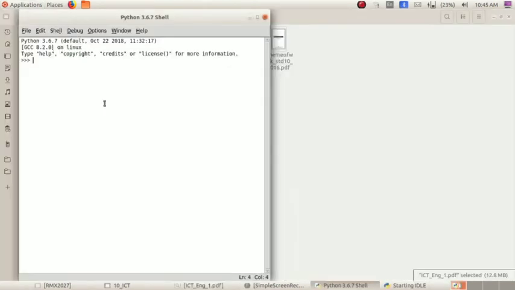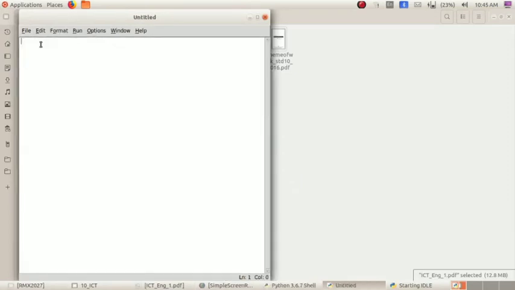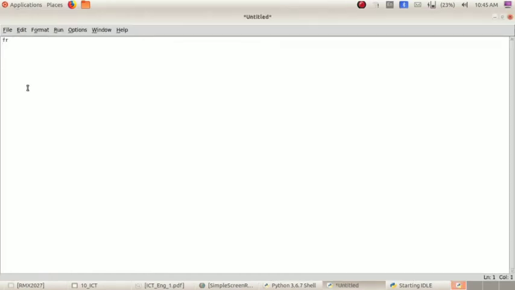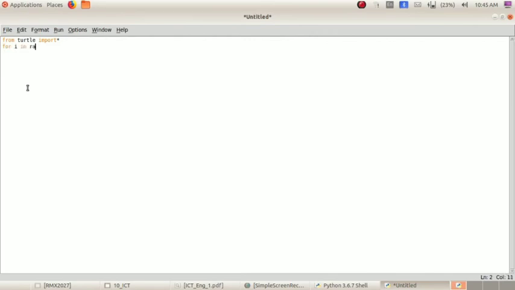Open application, programming, IDLE. After opening this, click on file, new file. In this editor window you want to type. Okay, from turtle import star, then for loop, for I in range. What is the range for a triangle? Yes, 3. After this sentence you want to put a colon, then forward of